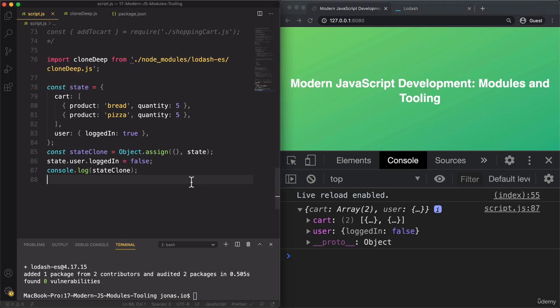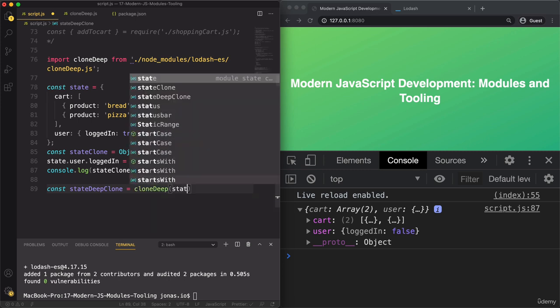And so remember that back then I said that using Lodash would probably be a good idea instead of using object.assign. Because if we wanted to manually create a deep copy or a deep clone, well, that would be a lot of work. And so instead, we can simply use this function that Lodash gives us, so that some people already implemented for us, and which is also battle tested already. So clone deep state,